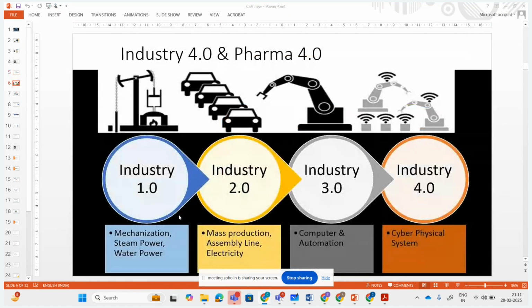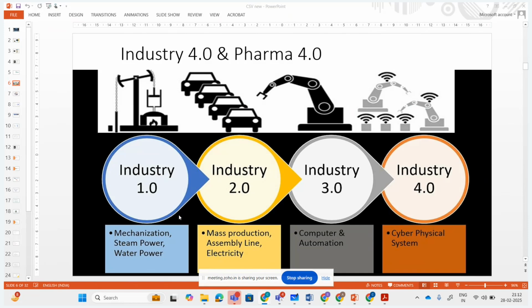So coming to CSV, what is the future? Everybody understands there is a lot of vacancy currently in CSV. You may scroll on LinkedIn, I think every third to fourth vacancy is related to CSV if you observe. So there is a lot of vacancy in the field of CSV currently. But what is the future? Is my future safe or not? Going forward, AI is coming into the picture, which is taking the jobs of developers nowadays. You may have already heard about it. So is the CSV future safe? How will I determine it?